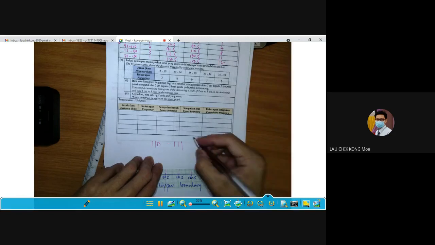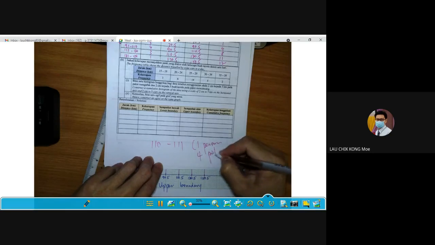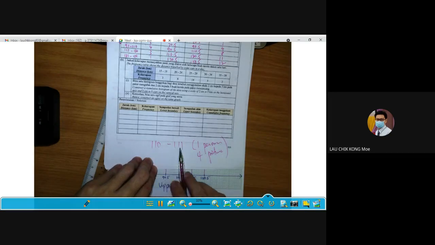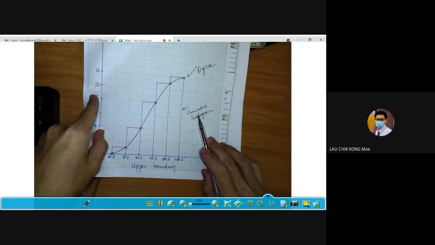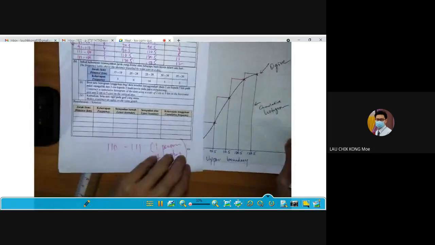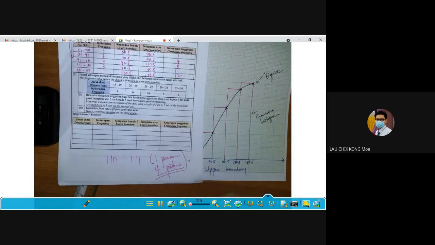So if it includes the graph, it is 4. 1 person, 4 pictures. Sebab sini sudah 2 muka surat. Tambah lagi graf tadi, ogive itu dengan cumulative histogram ni, 2 helai, 2 muka surat. So all together is 4. One student needs to hand in 4 pages, 4 pictures for this morning. So I will give you the time. We still have 6 minutes to finish it, right? Okay, but we can finish a little bit earlier for you to finish example 8B. You fill the table and then after that you draw the graph and then hand in. So I think 6 minutes is enough for you.